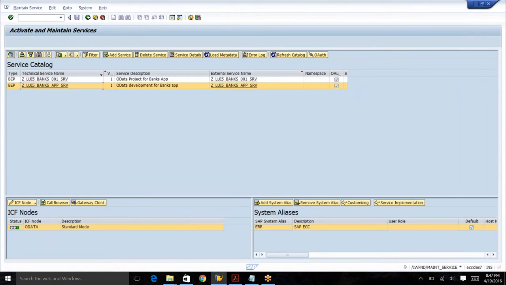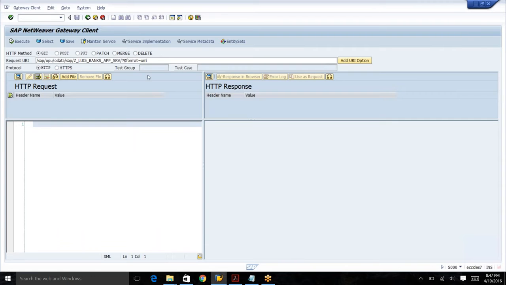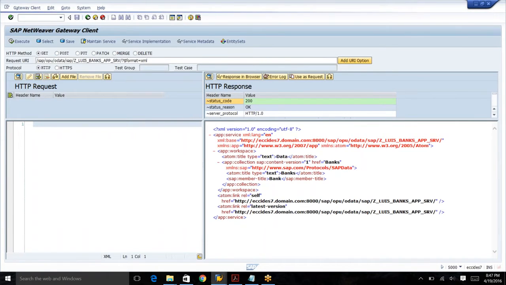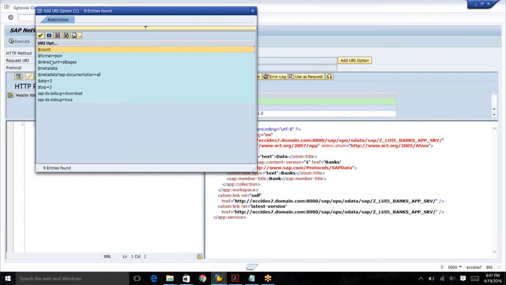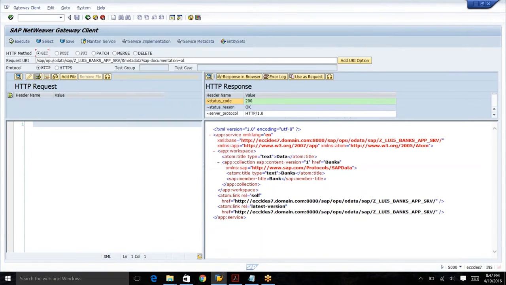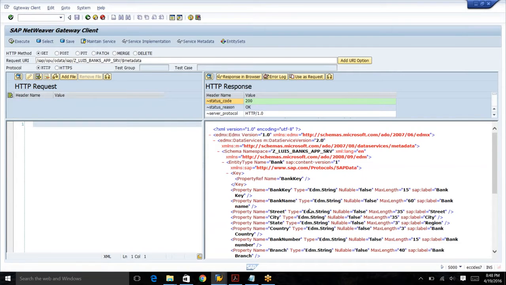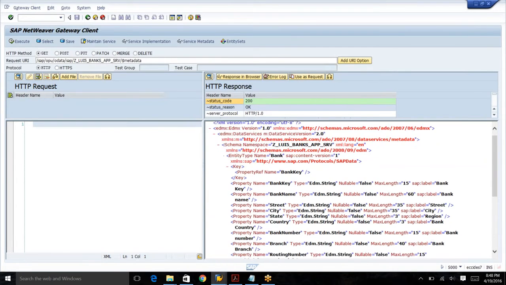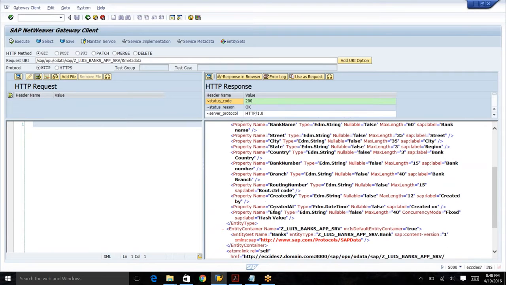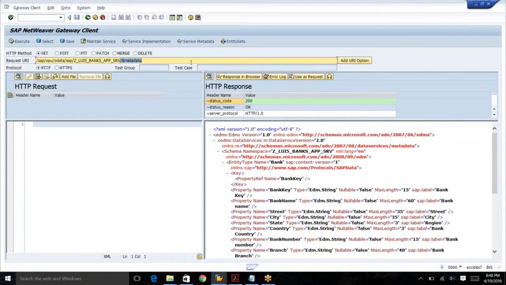So this is my bank service. I'm going to call it. So let's add metadata and see whether we can see the property. So we can see bank key, bank name, and we can see e tag. Okay, and we will see all those details. Okay, so let me go ahead and call the bank's entity set,